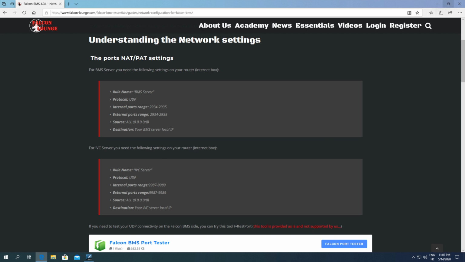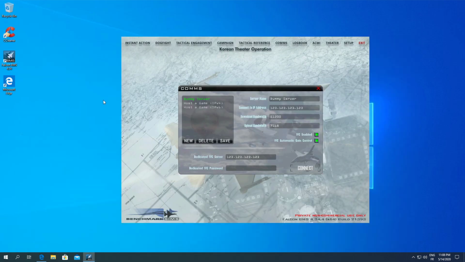So now we have that in mind. What do we need to do? Well, just select host as host a game IPv4. You would need here in the address to set up 0.0.0.0. Download bandwidth would be the ones that we set earlier. I would stick to 50% and